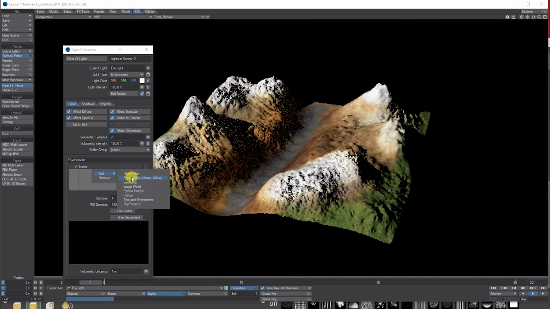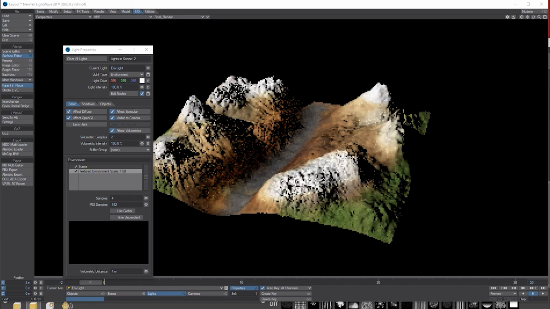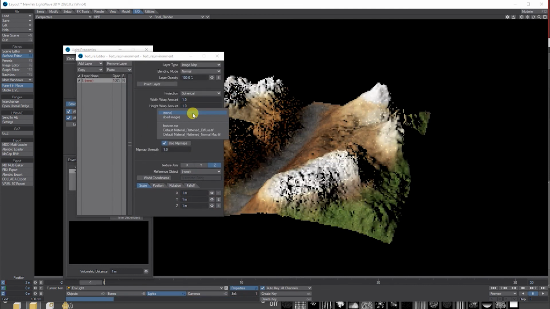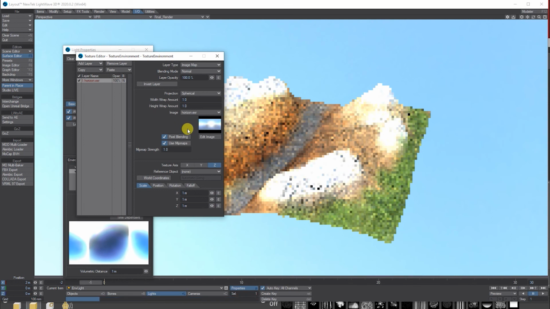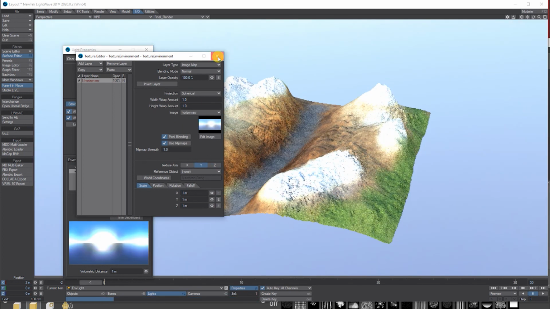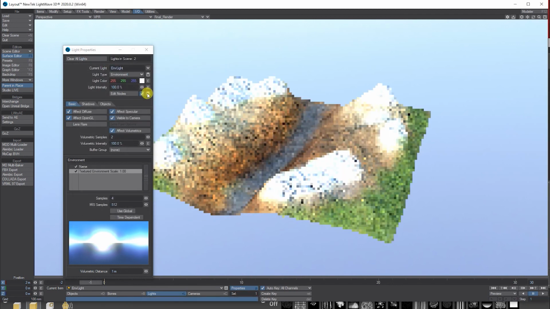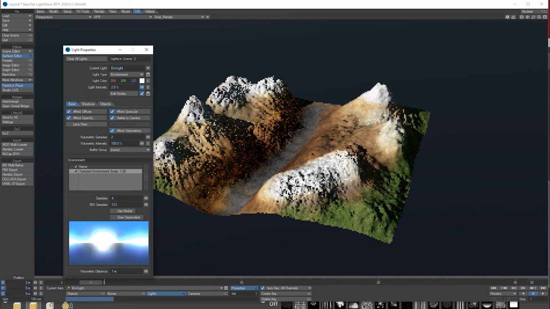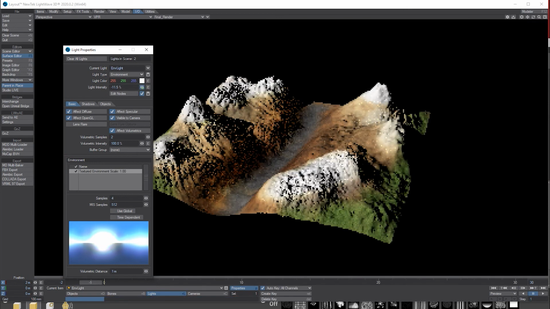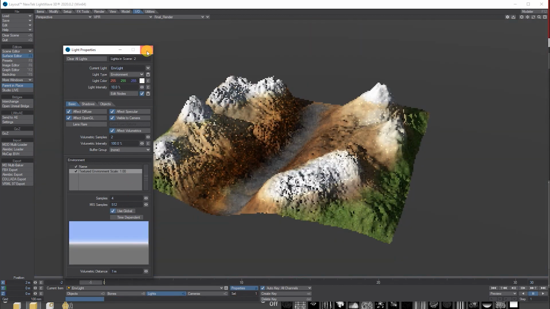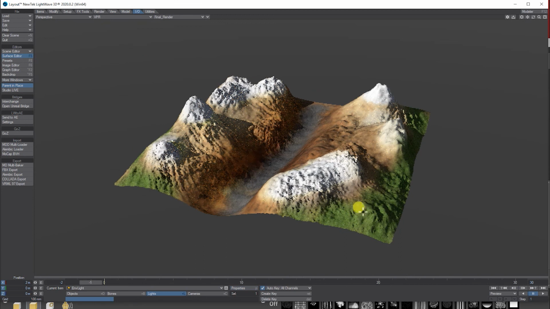Let's add a texture environment. Spherical through the Y, like so. So yeah, you could use that. It's a bit over the top, but let's just turn it down. Whoops. It's about there. Turn that back on. Again, it's up to you if you want to use that or not, or use your own or whatever.